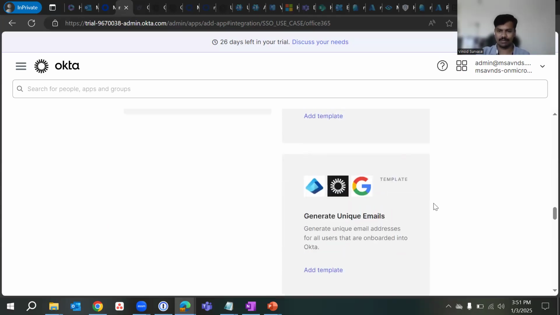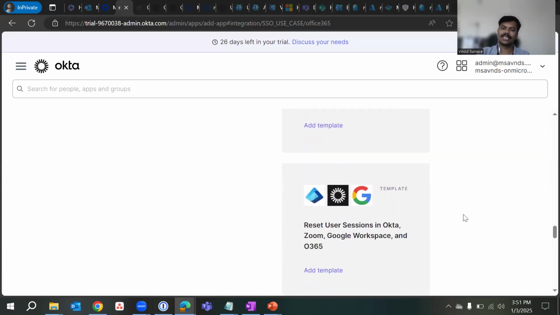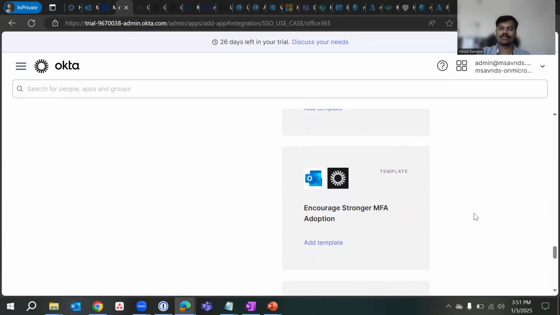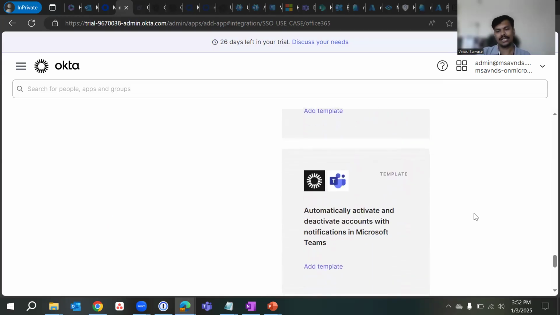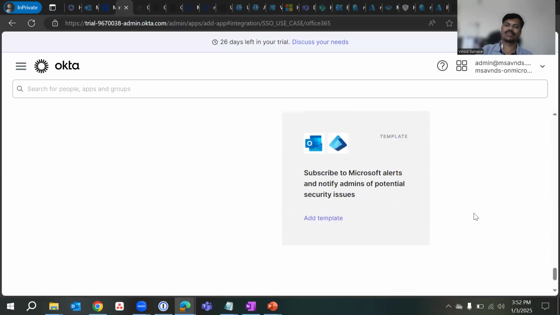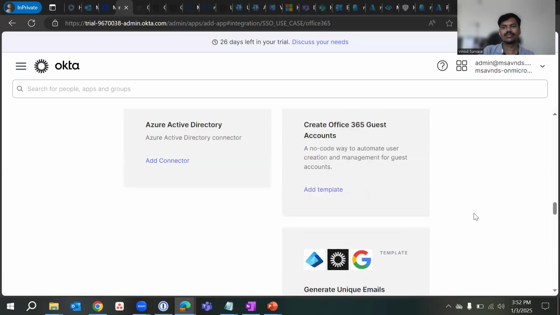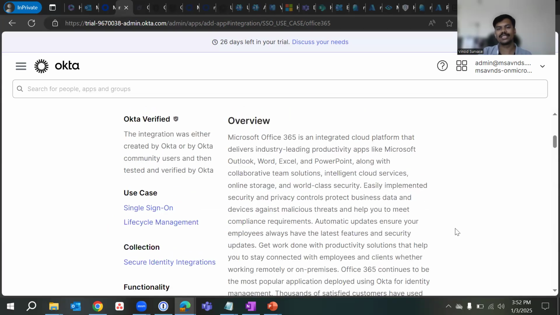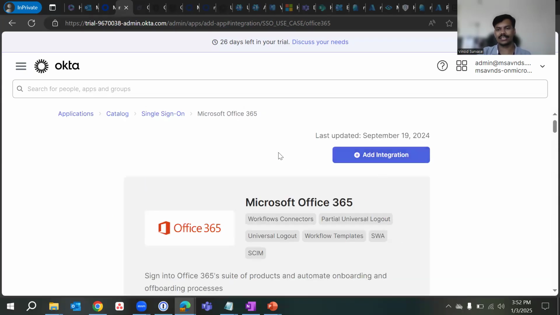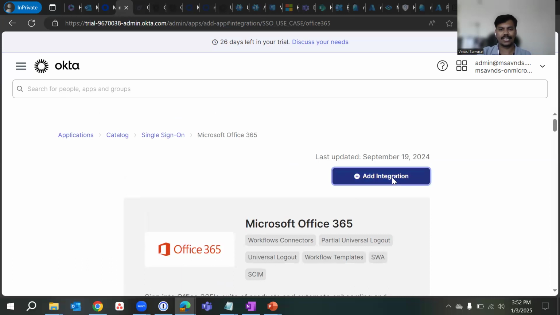Along with the Google as well. So these are the templates, and those templates can be used for different employee life cycle or employee management life cycle and employee automation as well, right? So we can leverage these different templates, and those are really helpful on different use cases. So I'll show you those templates later, but first we'll add this one, and then let's go ahead and add